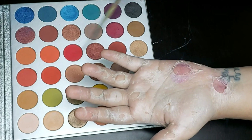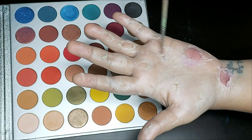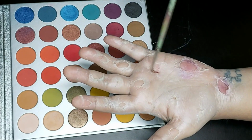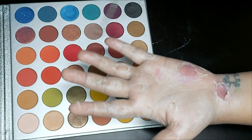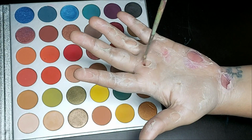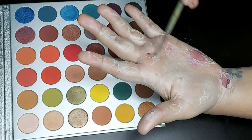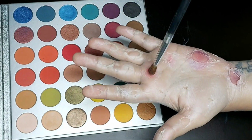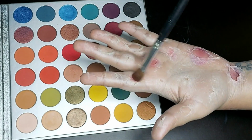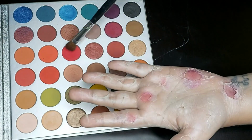The three main colors I've used here are red, purple, and yellow. Unfortunately, I forgot to put in some black, but yeah, these are the colors I'm using and there's no right or wrong here. I'm just coloring the insides and the blisters red first. Going in with a thicker brush, and I'm just tapping it on the blisters to give the sides a reddish